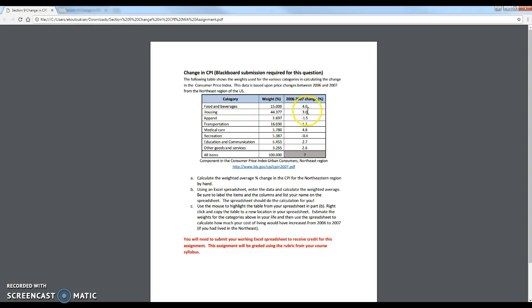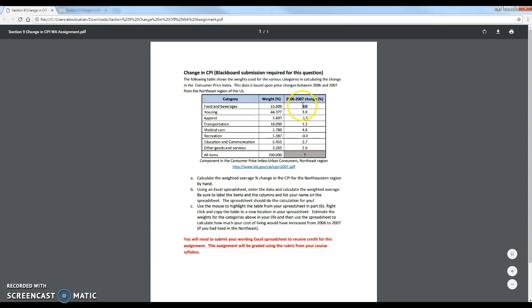Now, during 2006 to 2007, these are the percents that the amount that expense went up or down. So from 2006 to 2007, food got 4% more expensive. Housing got 3% more expensive. Clothes went down in price. All right, so you can kind of look at that and see how much things are changing. And so the idea here is we can figure out how much of the average person's budget, what percent did it go up or down?